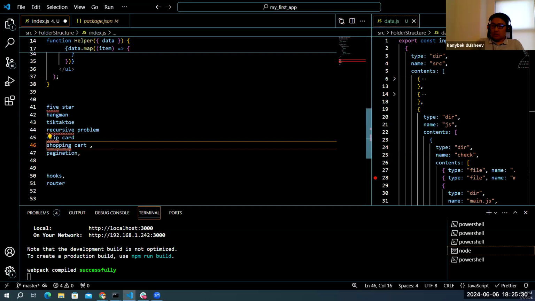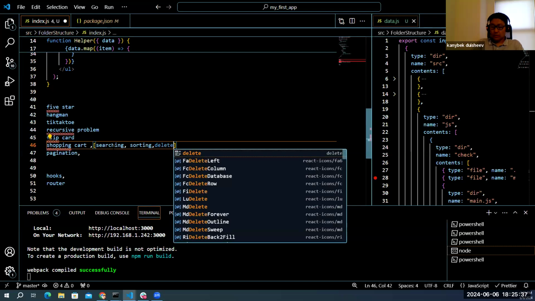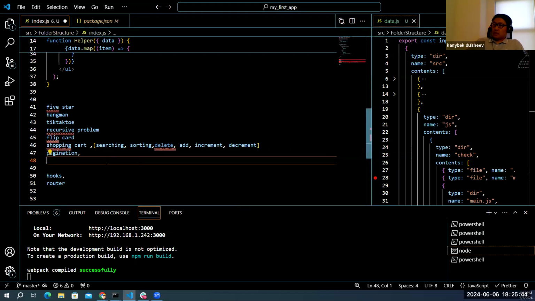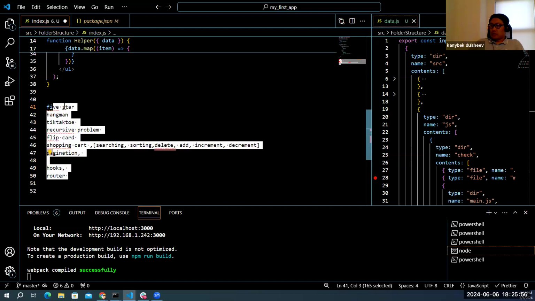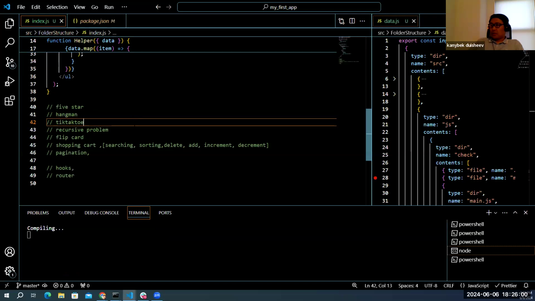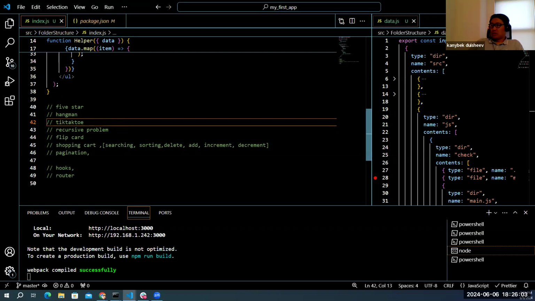So in the shopping cart, you can include searching, sorting, delete, add, increment, decrement functionalities. Okay. And then pagination. Yeah, I would say these kinds of problems. You should be practicing a lot before going to the market. I think you have worked on quite